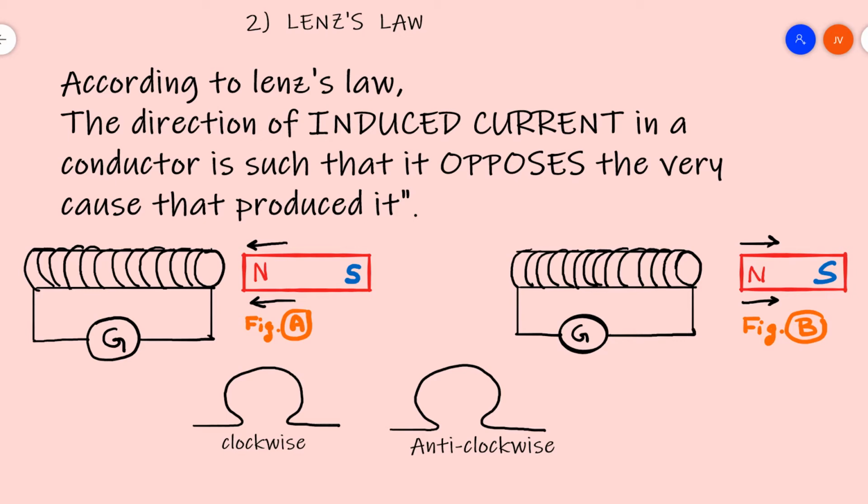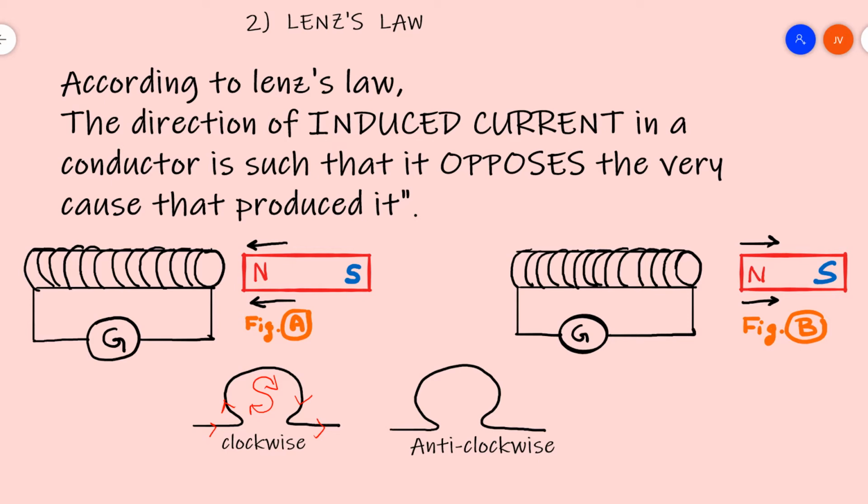To understand this, look into the bottom two loops on the screen. In the first loop, say electric current flows in a clockwise direction. We know that a current carrying conductor behaves like a magnet. So if in the first loop the electric current is in clockwise direction, then this behaves like a magnet. The face that faces us will be the south pole. That means if a loop's face is south pole, then the direction of current in that loop is clockwise.